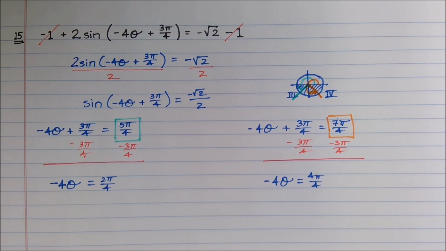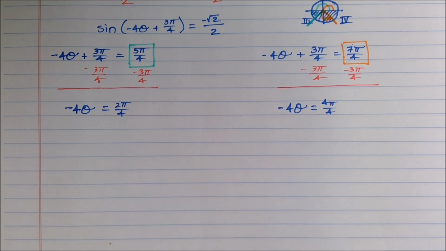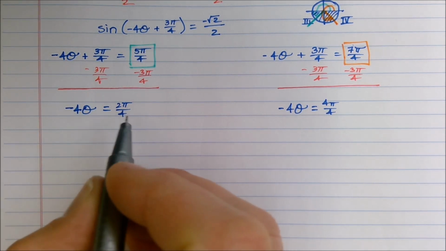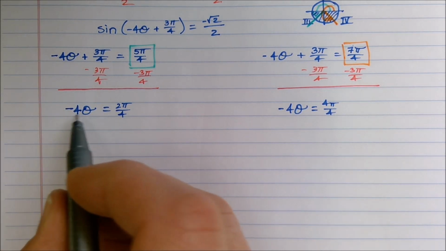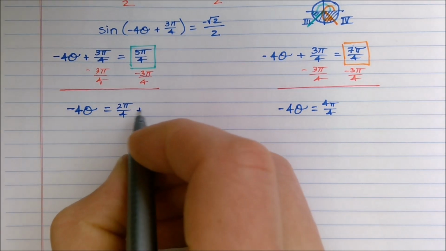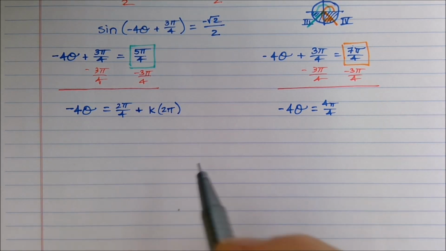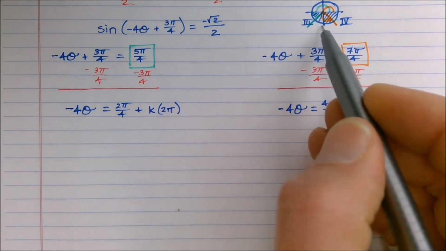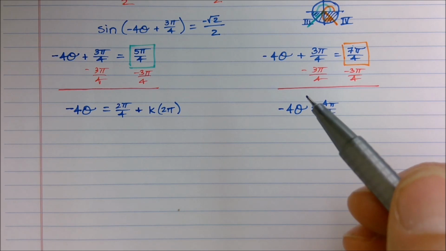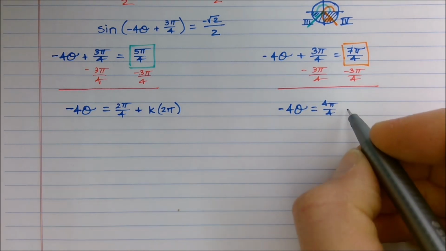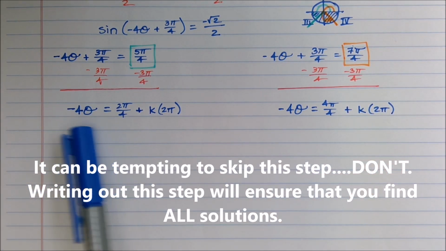Of course, both of these reduce, right? So right now, we're really looking at almost being done with this thing. What you definitely want to add in here, and sometimes we forget to do this, but because you've got a multiple of that angle, you then want to say, okay, this is plus some multiple of 2 pi, right? In fact, that has everything to do with it takes 2 pi to get around the circle. So no matter where we are, there's really an infinite set of coterminal angles. So we're going to make sure that we add k times 2 pi to each of these before we finish